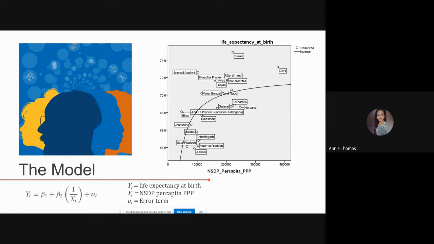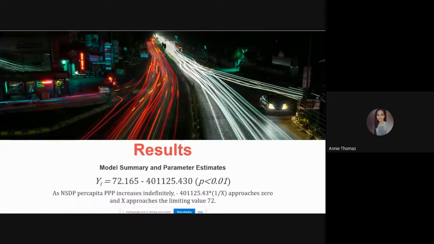So in conclusion, we can say that India has a high life expectancy and the variable income significantly affects life expectancy only up to a certain limit. In our model, the limiting point is 72. After that point, the link between life expectancy and per capita income flattens out, because there are so many other factors that also affect the life expectancy of a country. As I said at the beginning, better education, technology, vaccination, and other exogenous factors improve health. That is,